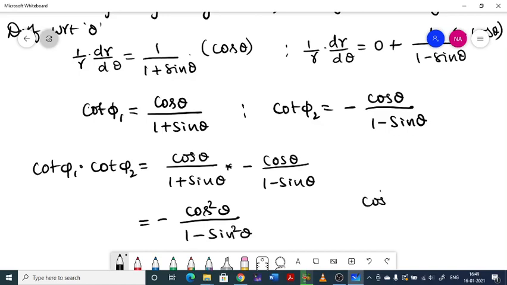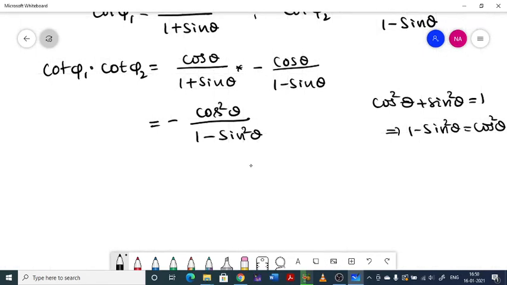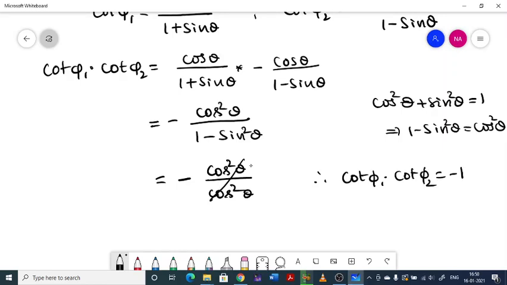We know that cos square theta plus sin square theta is equal to 1. So from that 1 minus sin square theta is cos square theta. So whether you use that relation in numerator or denominator, you get minus cos square theta divided by cos square theta. You get cot phi 1 into cot phi 2 equal to minus 1, proving that the given pair of curves intersects